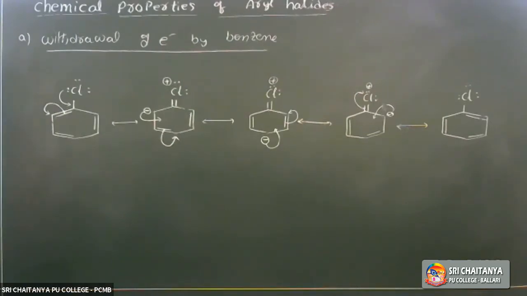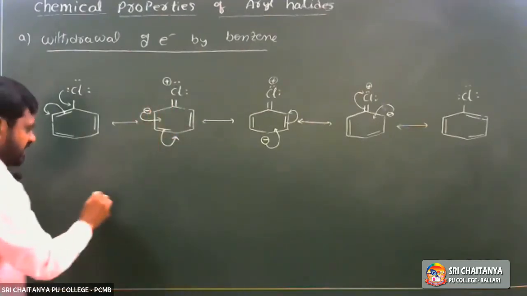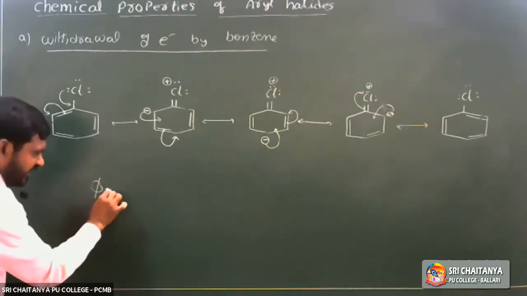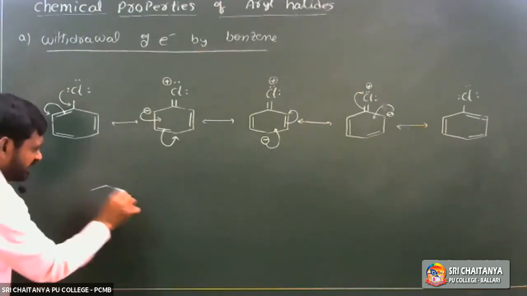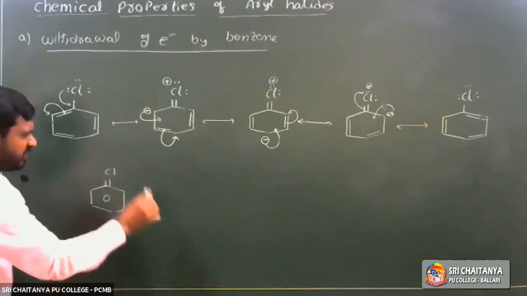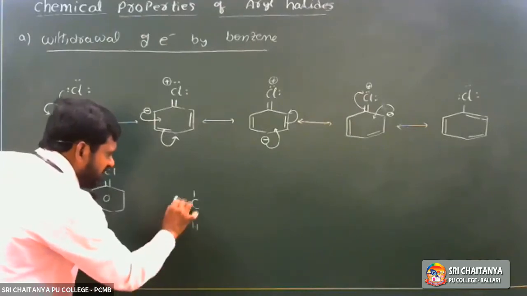As a result, the C-Cl bond in chlorobenzene, that is haloarenes, is stronger, because carbon and chlorine have a partial double bond nature in aryl halides. Whereas in alkyl halides, CH3CH2Cl,